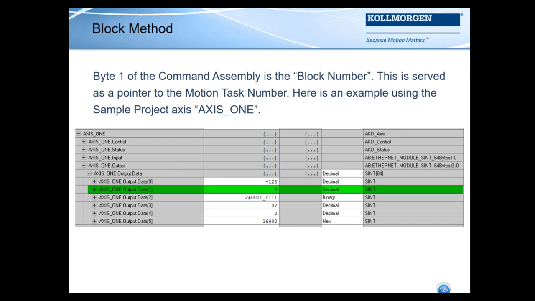So in the structure that the AKD drive add-on instruction updates or reads, writes, etc. to the generic Ethernet module, ultimately, this value can be changed by PLC code in order to set the block